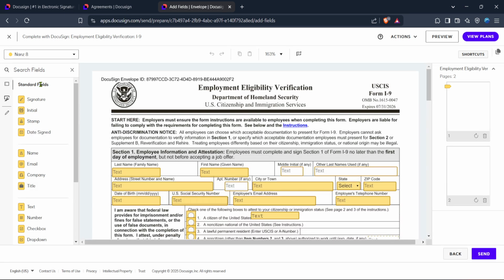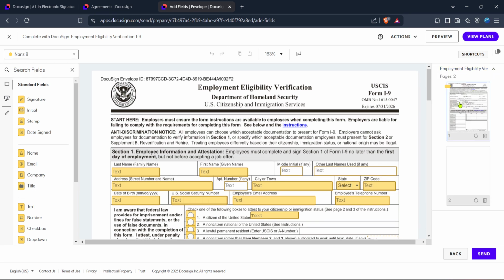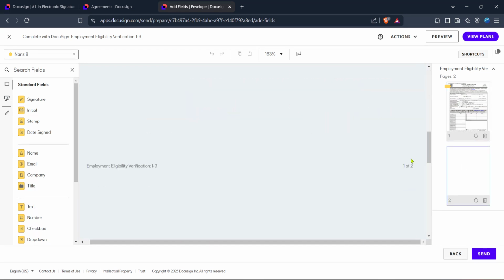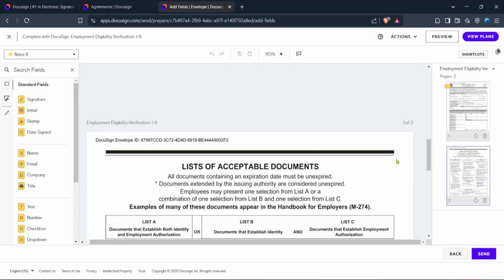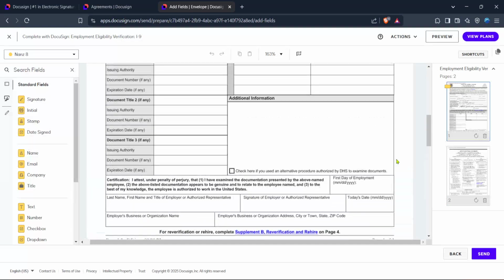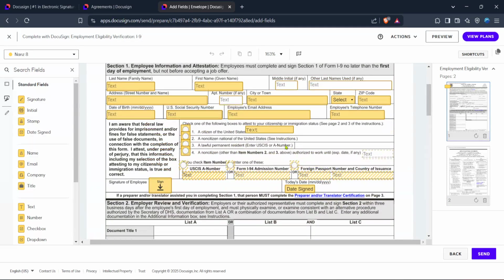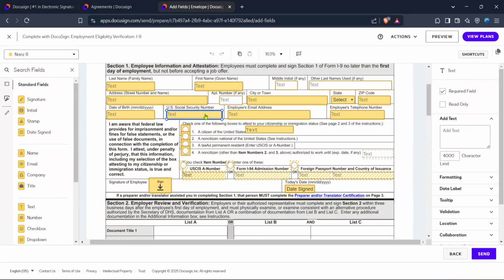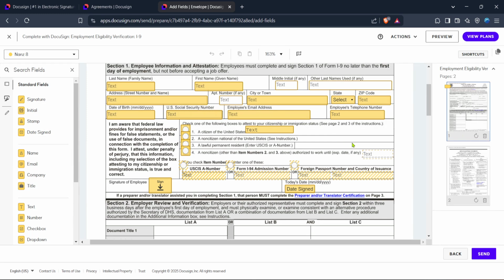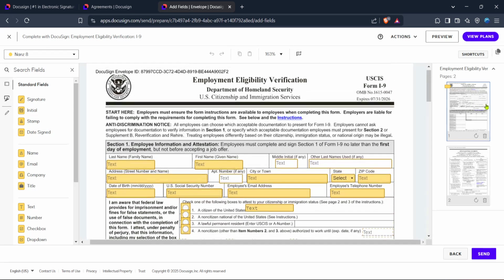Here's a handy tip. If you're tagging fields across multiple pages, simply scroll through each page of the document. DocuSign makes it incredibly intuitive to navigate through your pages and ensure that every section has the appropriate tags. Take your time when tagging the fields to make sure everything is in the right place. This part might require a little patience, especially if your document is densely packed with information. But by methodically working your way through, you'll ensure that everything is correctly set up and ready for your recipients